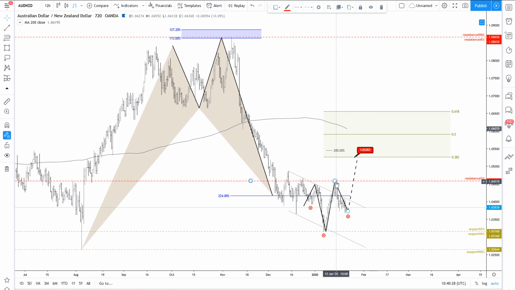This is previous structure highs. If the market decides to trade above those highs, it will trigger the inverted head and shoulders that I'm projecting here. That may put the price trading a few points above that 200 moving average, that 200% Fibonacci extension,